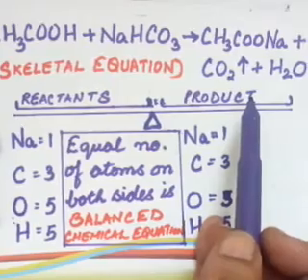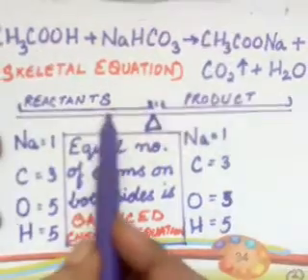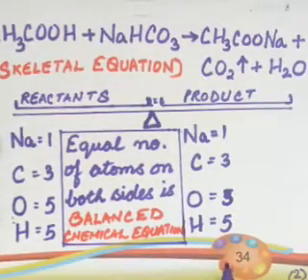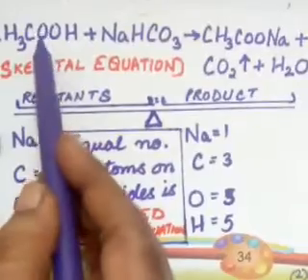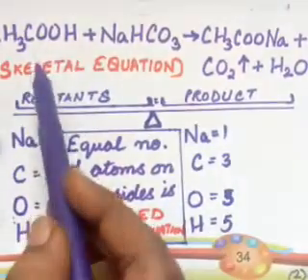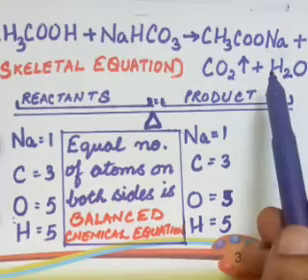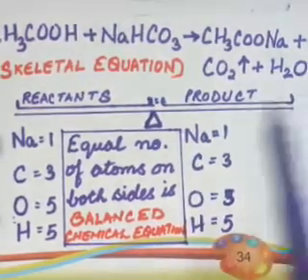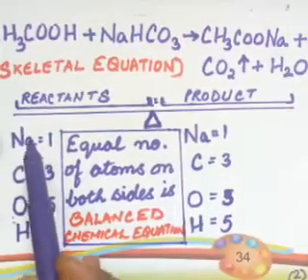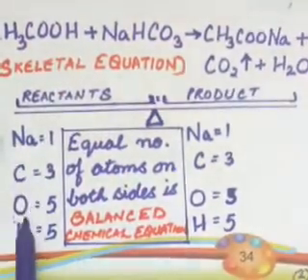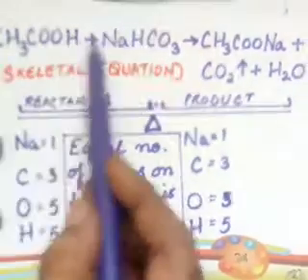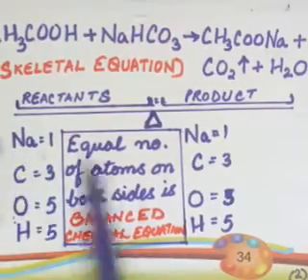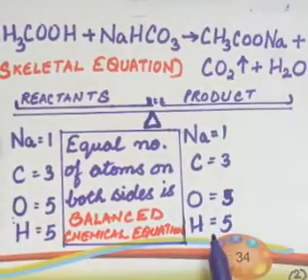How do we balance it? We balance it by writing all the reactants on the left hand side and the products on the right hand side. The same elements we have on the reactant side will also be there on the product side, reacting to form a new product. So here we will take sodium, carbon, oxygen and hydrogen. These are the different elements present in the form of different compounds. Similarly, the same elements are present on the product side also.